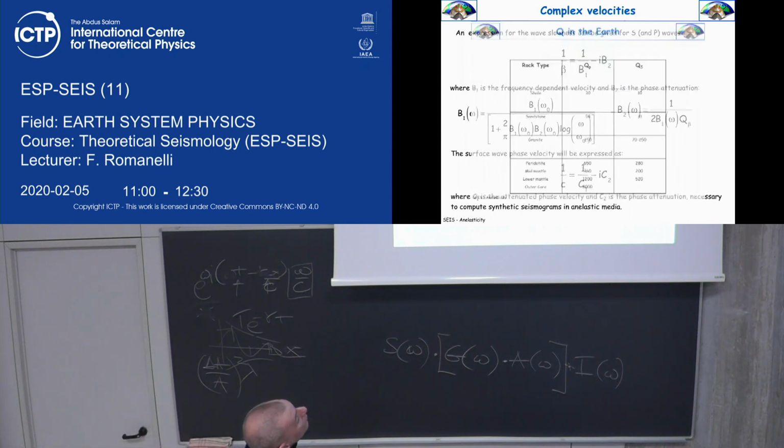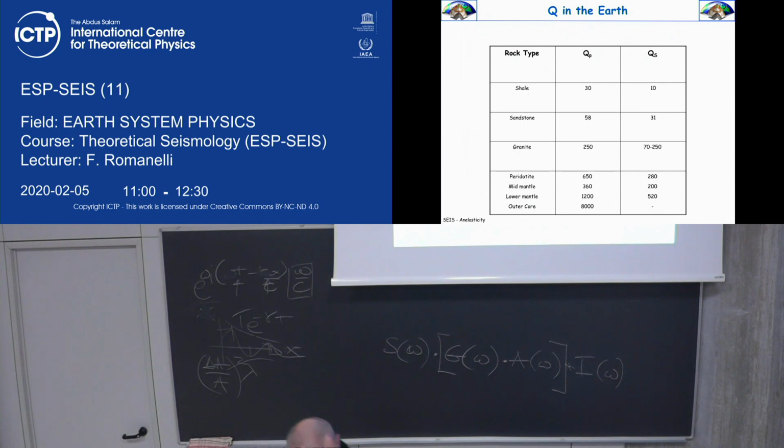And the conclusion is this. Because remember that when we measure an integral Q at the surface of the Earth, actually, we're measuring a Q that is coming from different materials that are downstairs under the surface. And Q values can be very different. I leave to you a homework. I know that you will never do it.